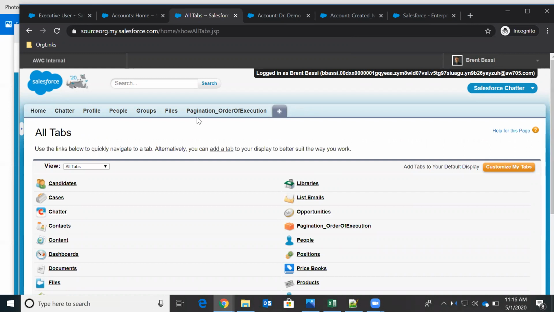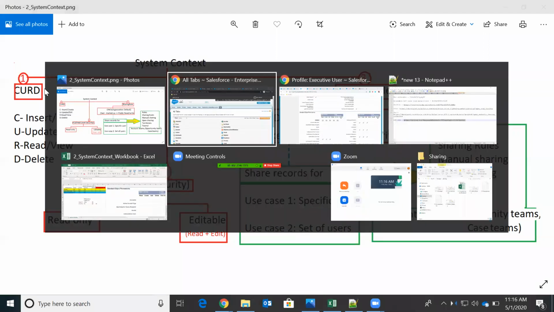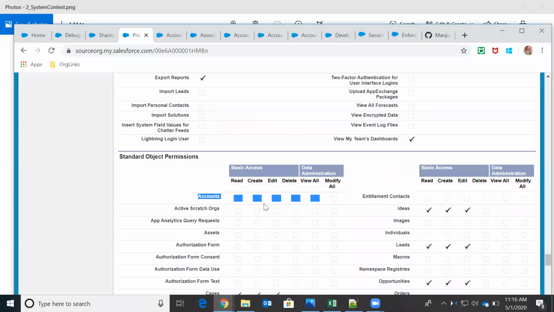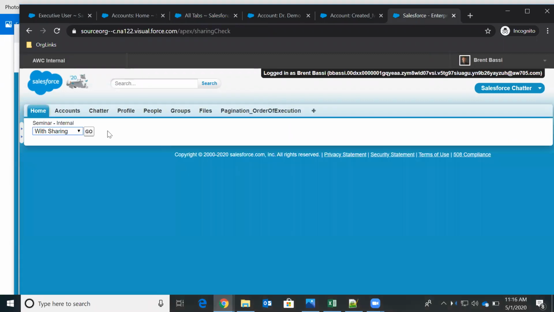But what we learned from the system context is, even though at the profile level we don't have these checkboxes, it will allow us to perform DML action. So let me prove that. As this basic user, I'll go to with sharing.